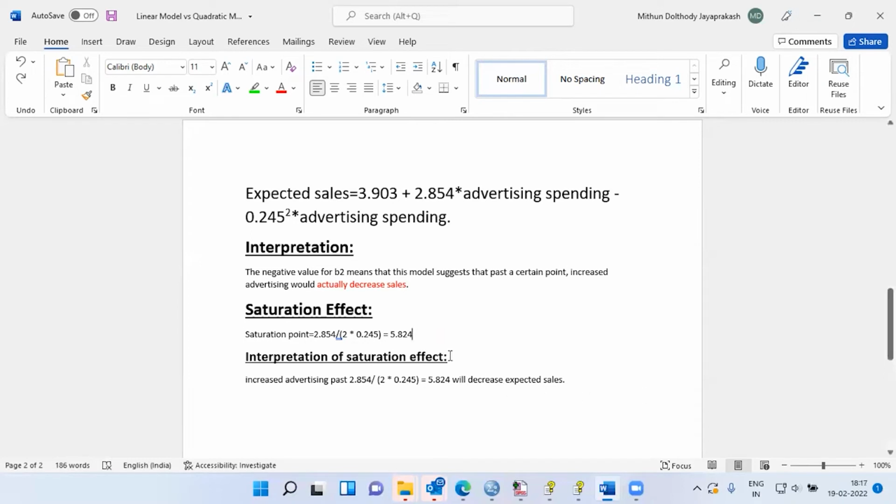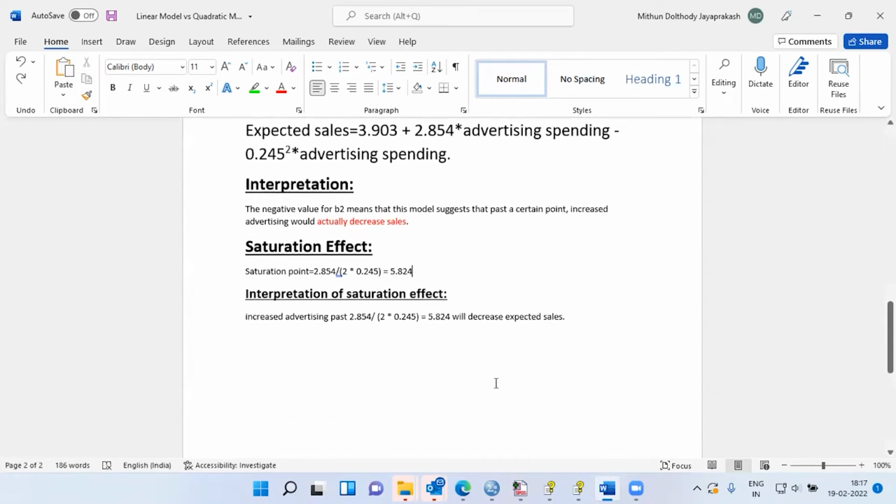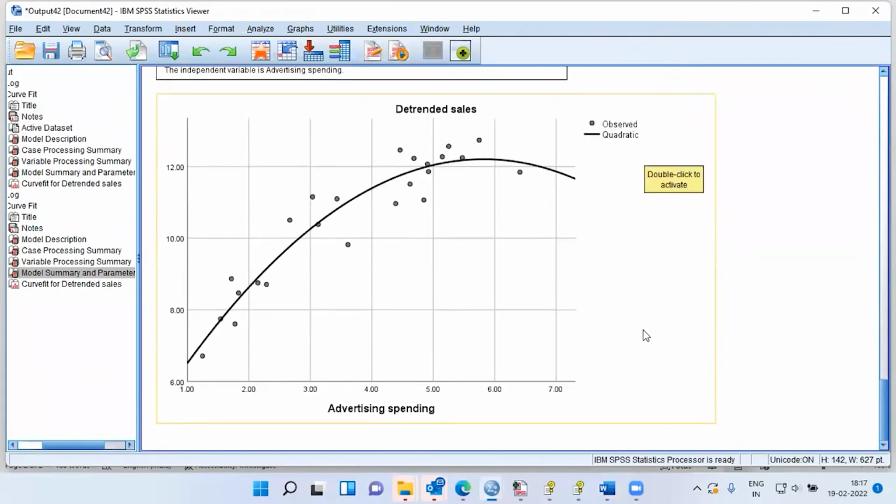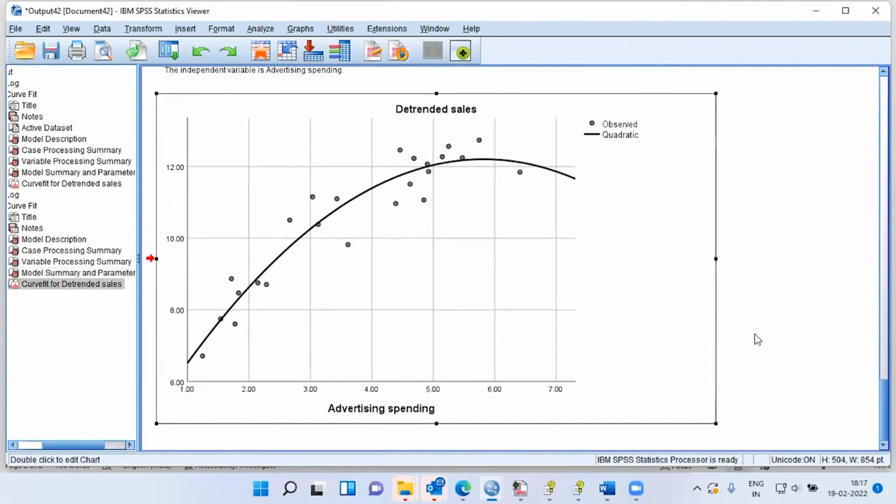So what is the interpretation of the saturation effect of 5.824? Increased advertising beyond the number of 5.824 will actually decrease the expected sales. This is how we can interpret the saturation effect. So we built a quadratic model, and we saw that a quadratic model fits this kind of situation a lot better. This kind of model is extensively used in the field of marketing, but not just in the field of marketing, even when it comes to